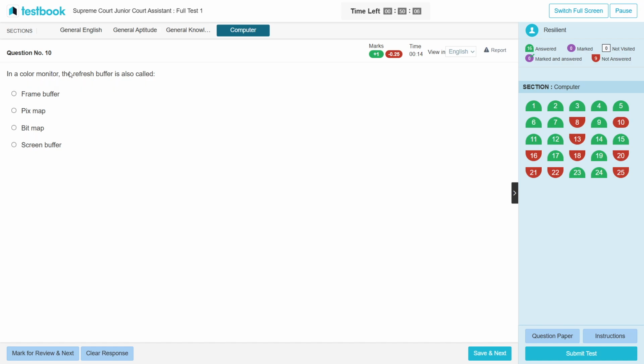In a color monitor, the refresh buffer is also called frame buffer. In IPv6, the address that starts with 8 zeros is called. Which of the following translating, encrypting and